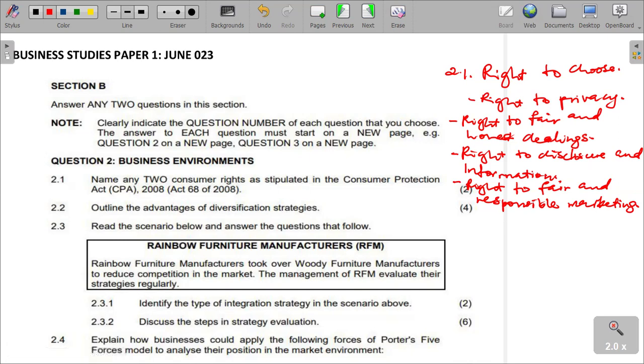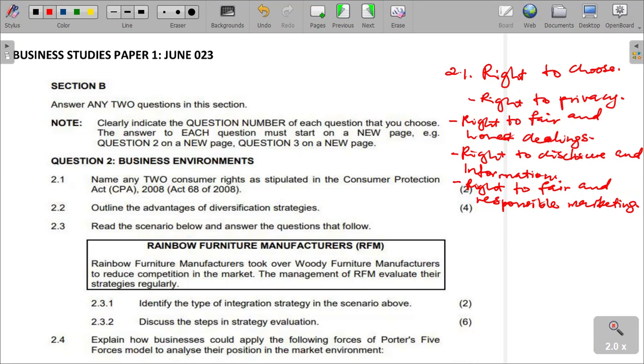That's what it means. And then we can also talk about the right to accountability by suppliers. Suppliers account for whatever customers or consumers are going through. That is a consumer right, that the suppliers must account for their actions, for their deliveries, and for every act that is happening within a business operation or in a business environment and market.